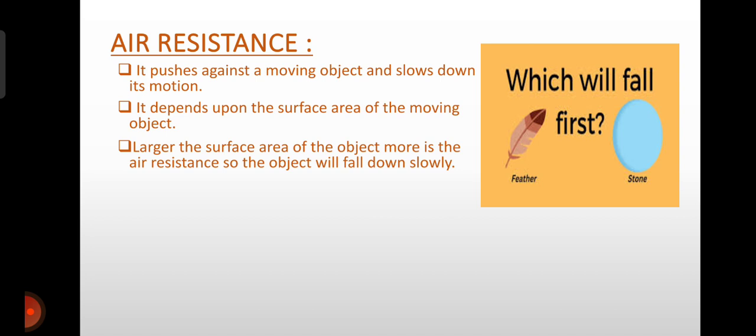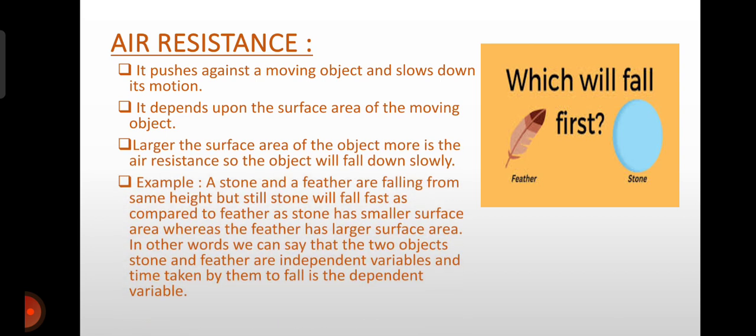Here in this image, you can see that there are two objects. One is a feather and another is a stone. So friends, what do you think? Which will fall first, a feather or a stone? Think and answer. So over here, a stone and a feather are falling from the same height. But still,